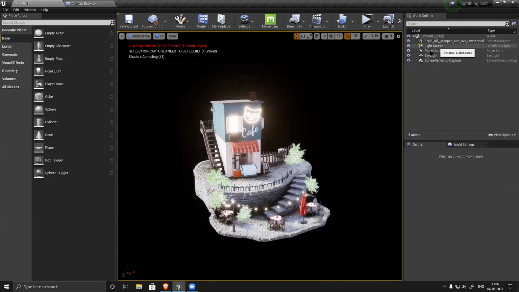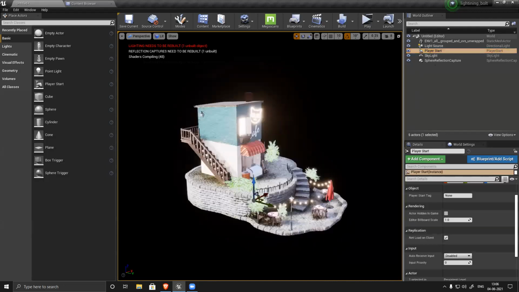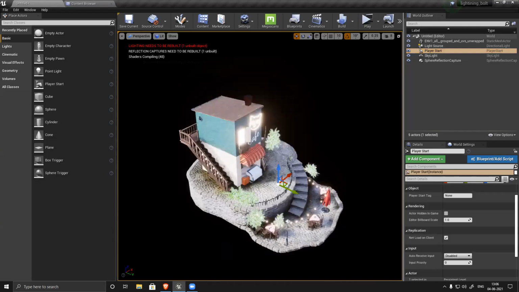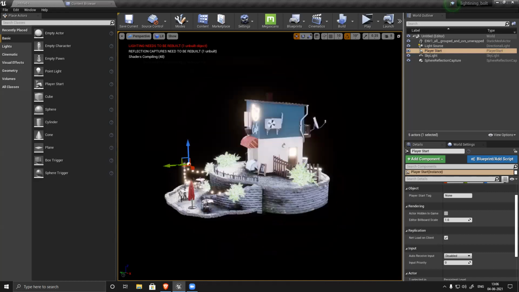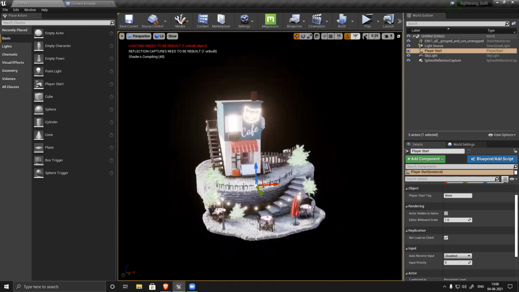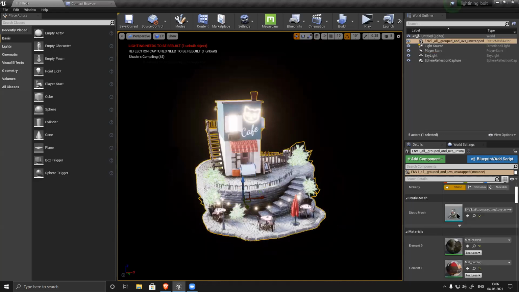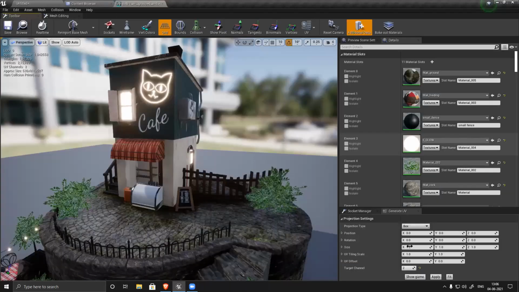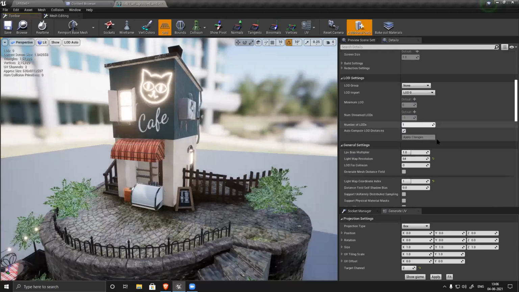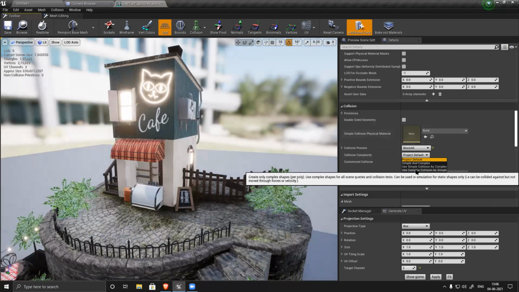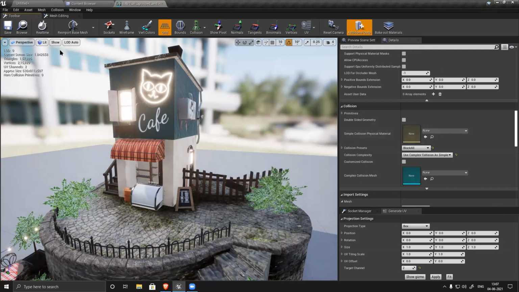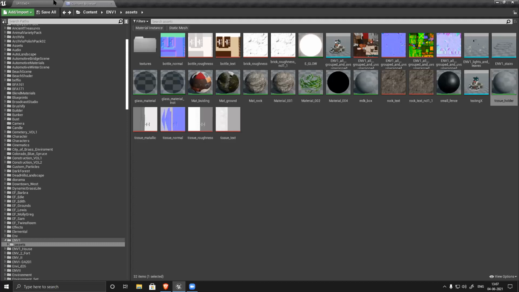Let's see in the character player. I can place it somewhere so that if you want to move around, you can definitely move around the scene. For that, I have to change this setting to collision setting. Scroll down, there is something called collision. Project default, use complex collision as simple. Change this, it will take a little time. And save it.